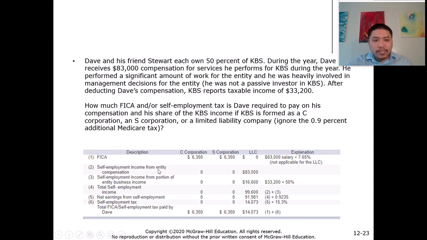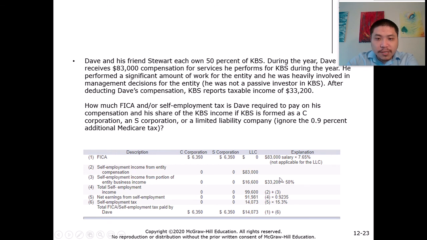But for self-employment, they call it self-employment, but essentially it is FICA, right? For self-employment income from the entity compensation, it's $83,000, right? And then the self-employment income from portion of entity business income